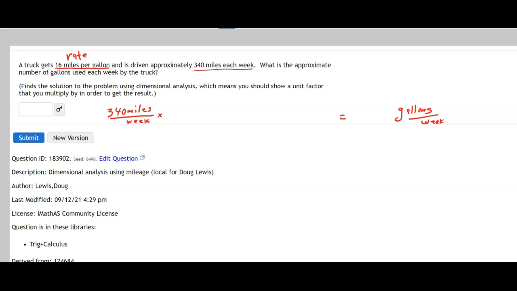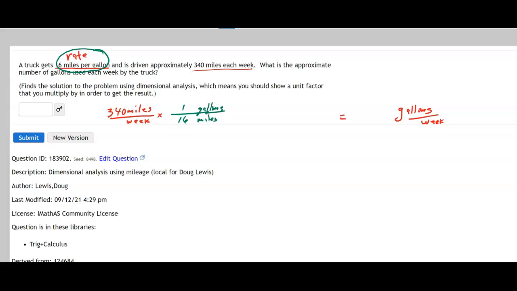So in order to do a conversion from miles to gallons, the unit rate that we're going to use is the 16 miles per gallon. So we need to get rid of miles, we need miles in the denominator and gallons in the numerator. So we get 16 miles for 1 gallon, so 16 miles in 1 gallon. Remember that rates can be written either way, either miles over gallons or gallons over miles, as long as you